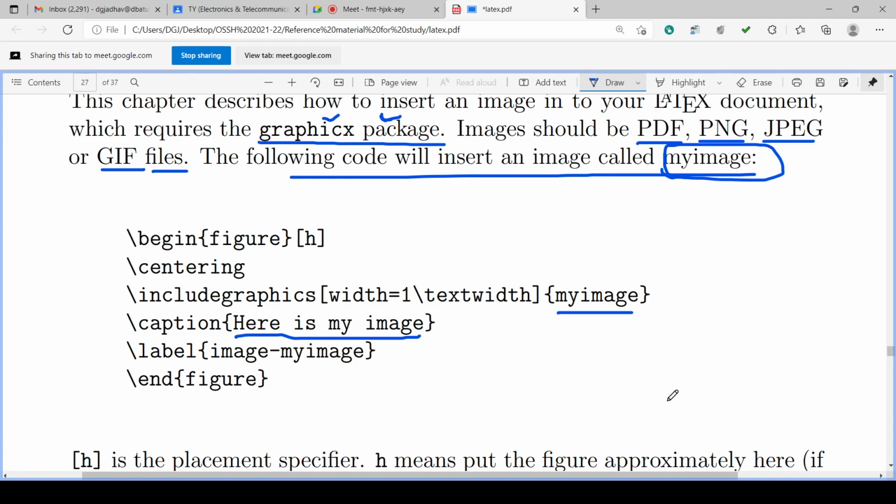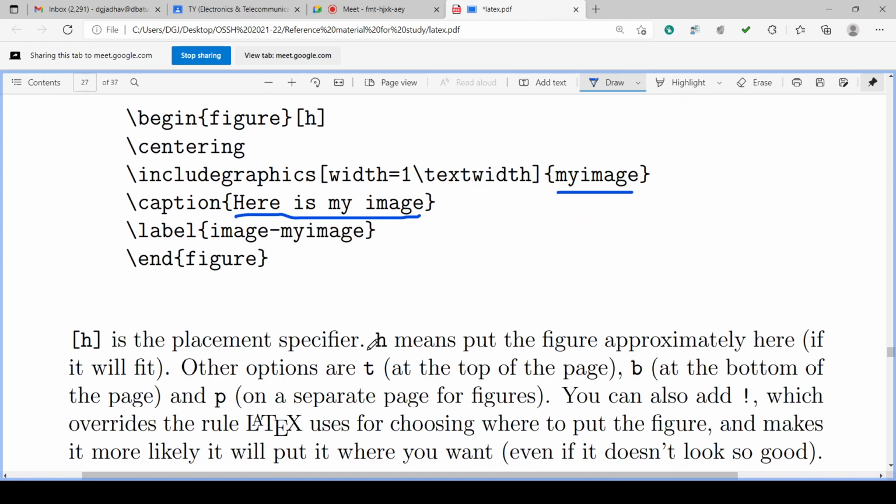Now one by one we can check what these are. So square bracket H in backslash begin figure square bracket H is the placement specifier. H means put the figure approximately here.